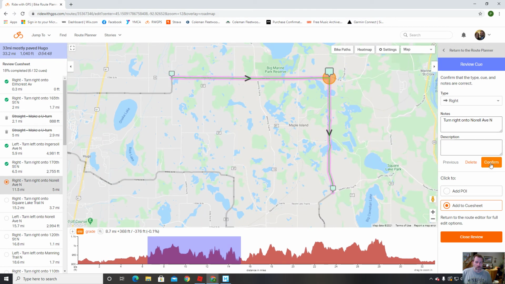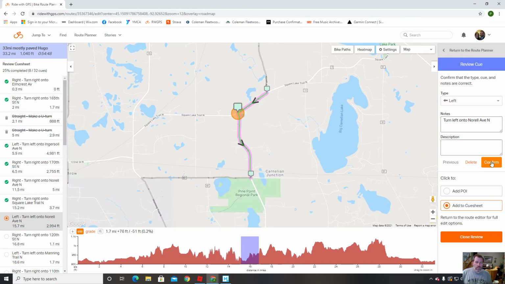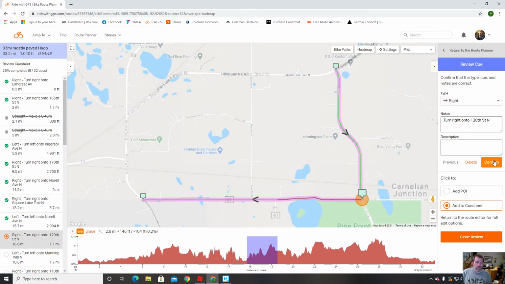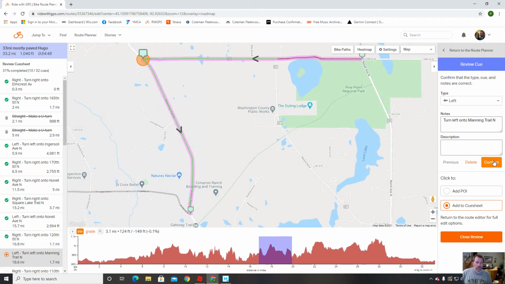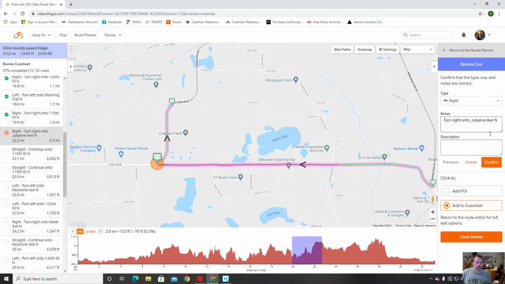And a right on Norrell. And a right onto Square Lake Trail North. A left on Norrell, a right onto 120th, a left onto Manning, a right onto 110, a right onto Julianne,